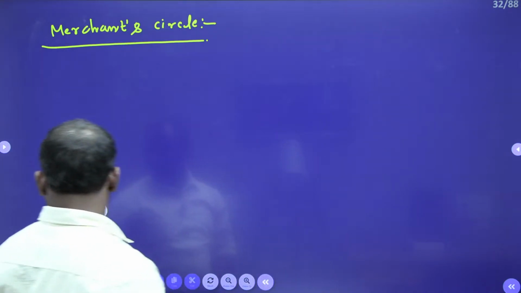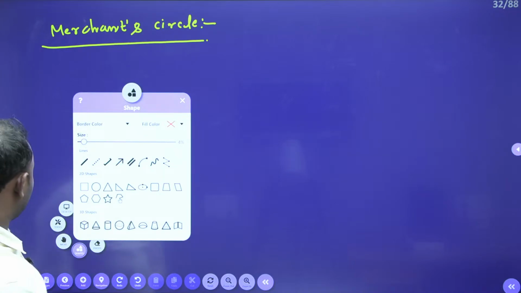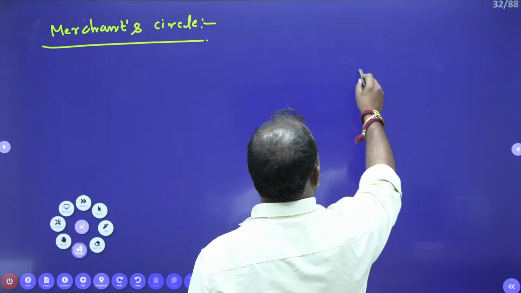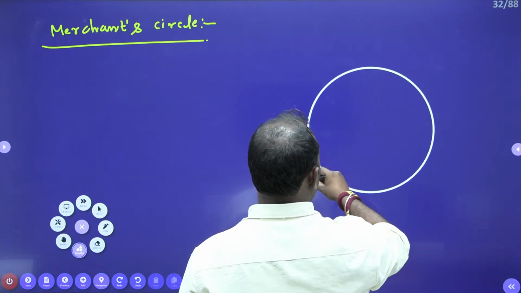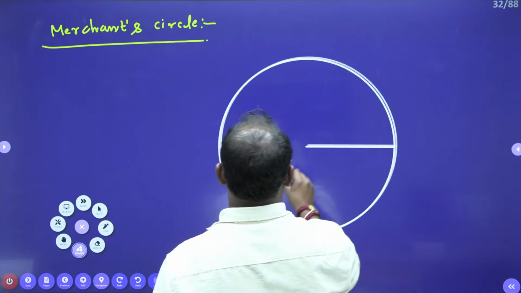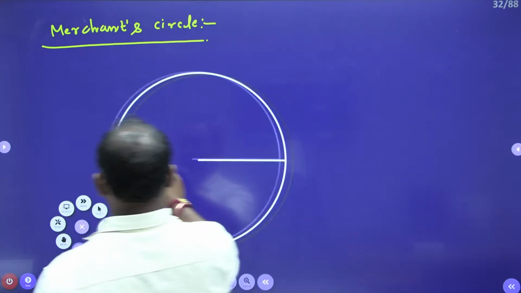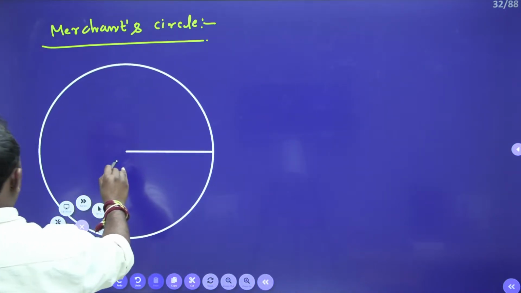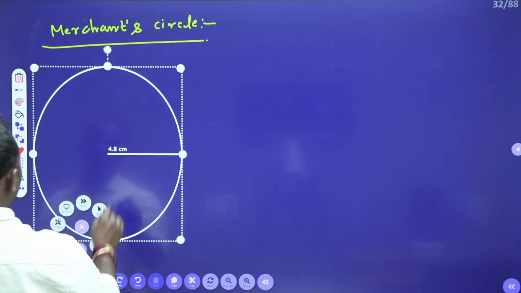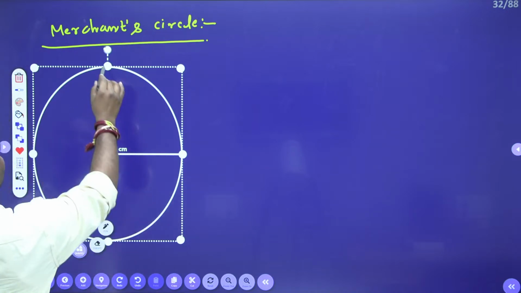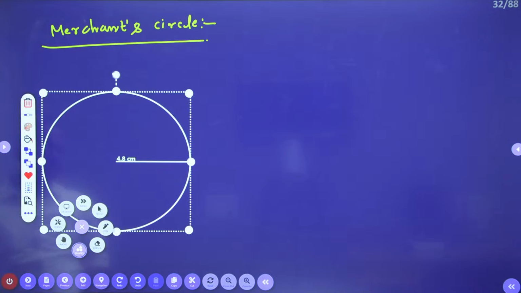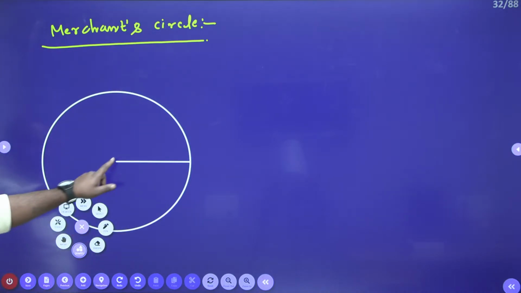Better I'll go for some shapes. If you are able to understand the Merchant circle, then it is possible to find out